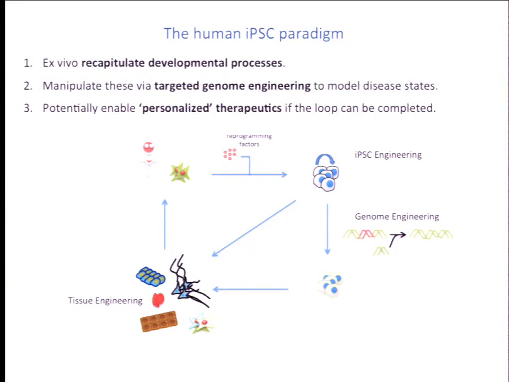really become powerful. And in fact, most of my PhD work was really focused in the first arm of this loop, where I developed approaches to improve the human iPSC generation process, but also to use this system to understand pluripotency. And towards the end of my PhD, I focused more on trying to look at genome engineering of these iPS cells. So when I went for my postdoctoral work, I continued some of these genome engineering efforts, and towards the end, I also focused on tissue engineering. So I wanted to begin by focusing on my work in the genome engineering aspects.